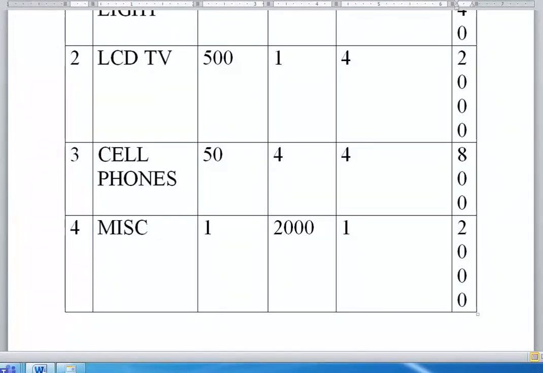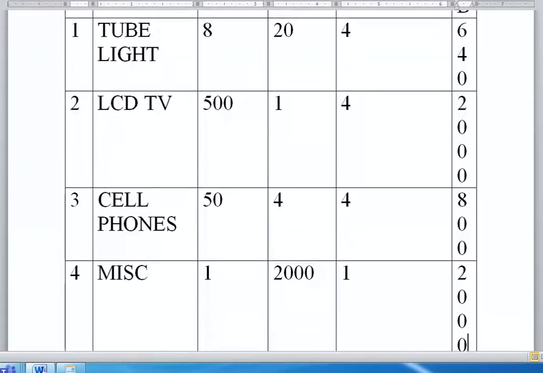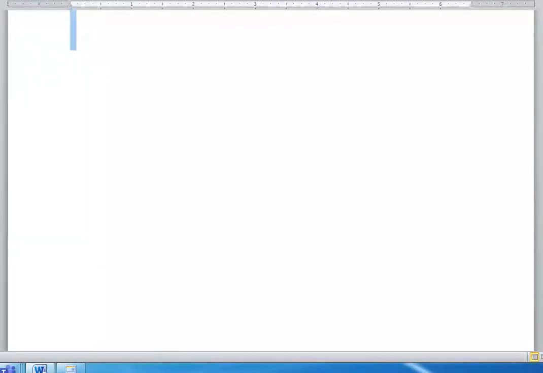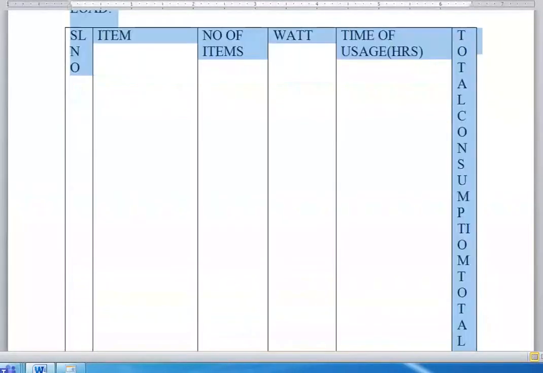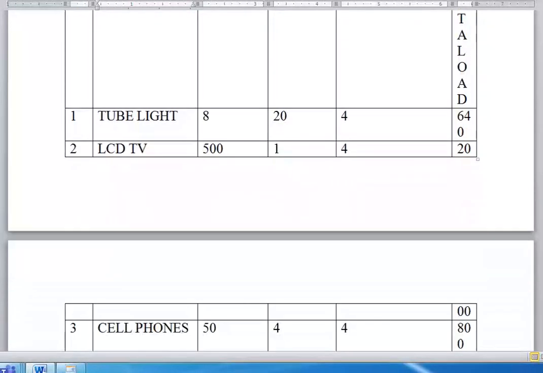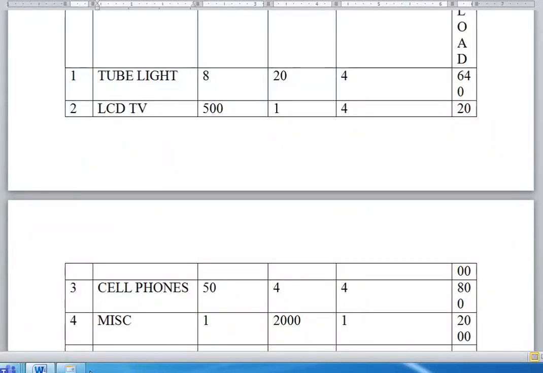So now what I should do is, I should be in a position to add all those values. Before that, I think I will reduce the font of it. So this is our concept. So what will happen, sir? 640, 2000. Let me note down here. This is 640. Let me add this.